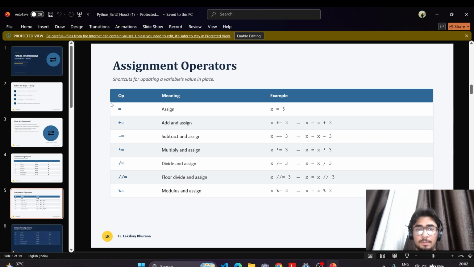So here you can see plus is equal to, minus is equal to, star is equal to, slash is equal to. If we want to divide a by another number, we would write a is equal to a slash 5, or we can write a slash is equal to 5, meaning the same. Modulus we have learned, floor division we have learned. So moving to the next operator,